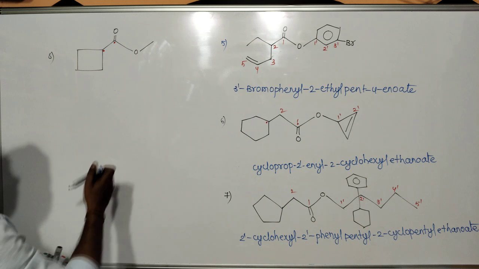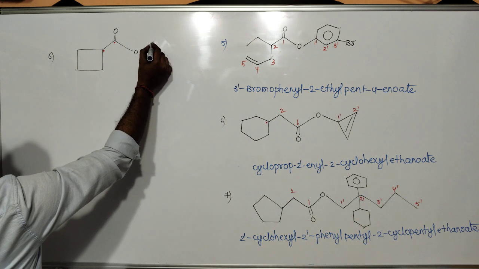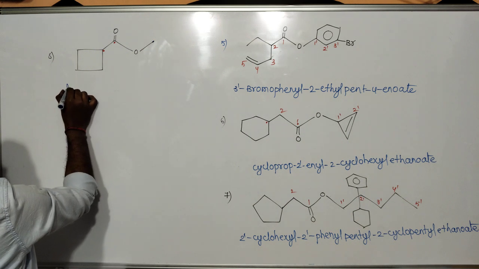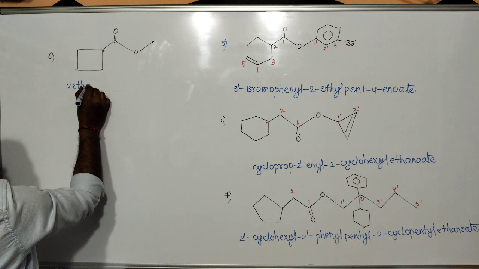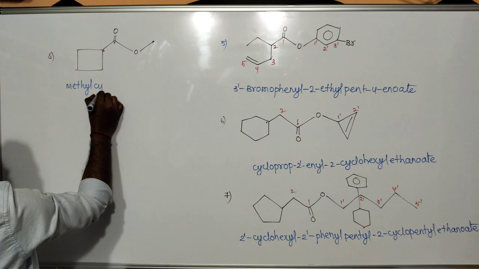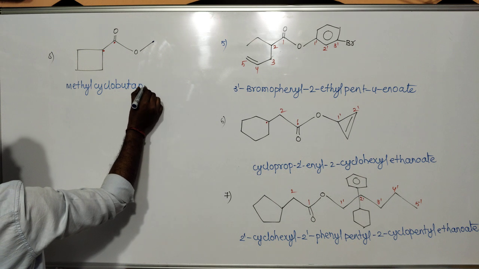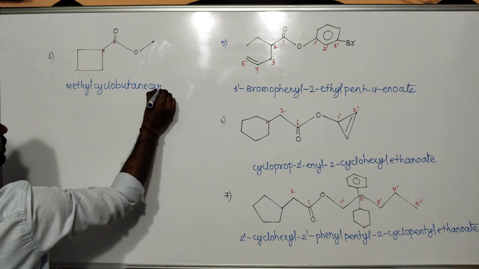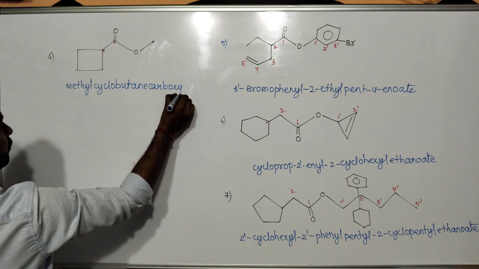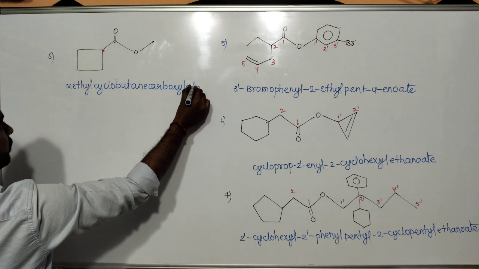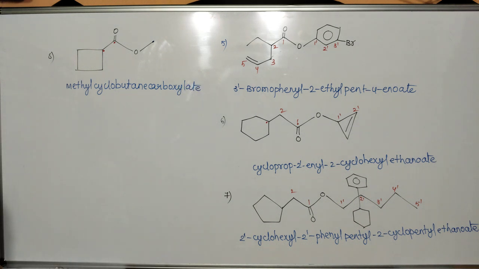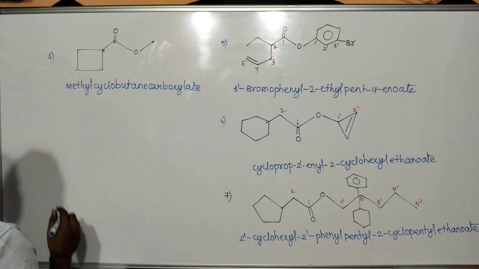Then write the substituent name first, methyl. This is methyl, methyl cyclobutane carboxylate. Cyclobutane carboxylate is the IUPAC name of this molecule. Okay, next,